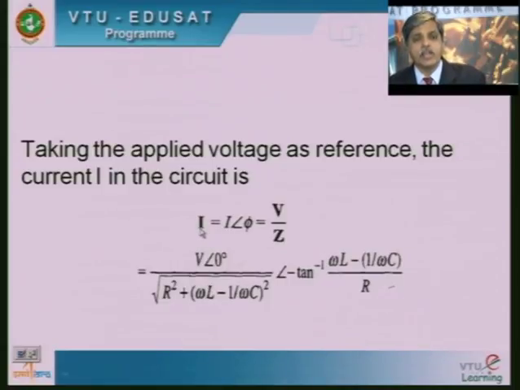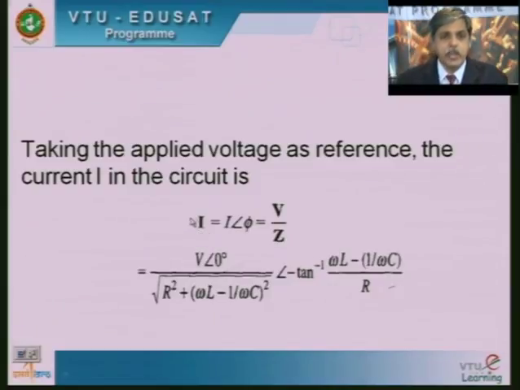Now, taking the applied voltage as reference, I will write I equal to, this is the RMS value of the current. It is a vector, which is why I represented it as a bold letter. This is the magnitude of the current, which I have not bolded, I at an angle of phi. I will be given by the magnitude of V divided by the magnitude of Z, which is what I have written here. In vector form, it is I at an angle of phi, where the magnitude of I is given by V upon Z.